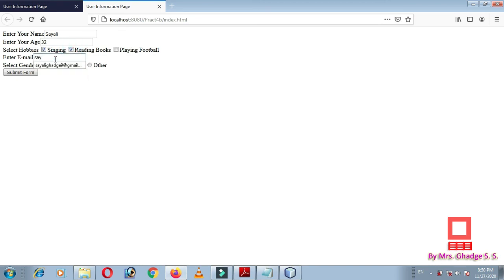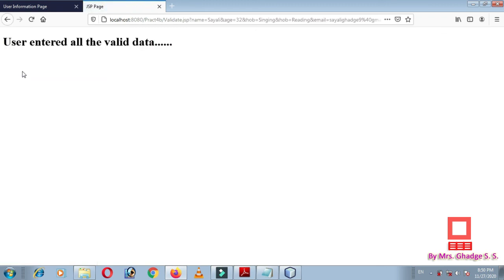Suppose I write some email address here, then gender, and select submit form. I have entered all the valid values. So what is the output? User entered all the valid data. That means the control goes to the next page, that is successful.jsp.